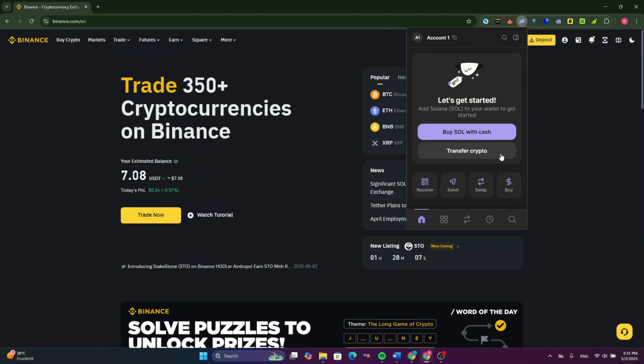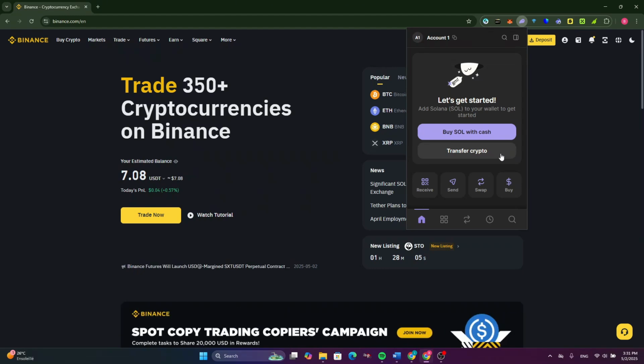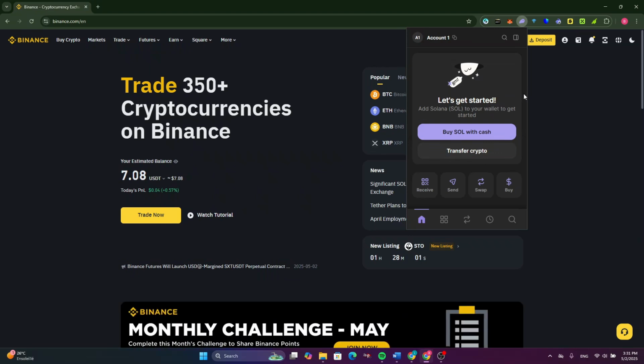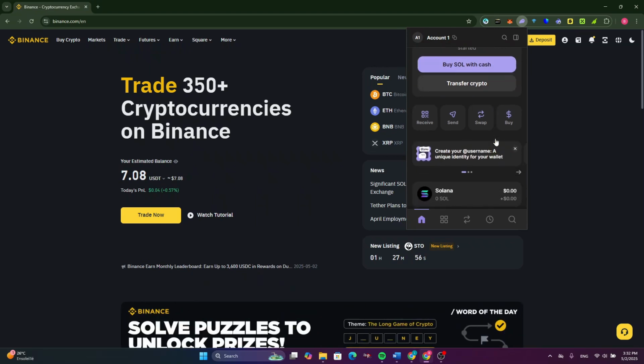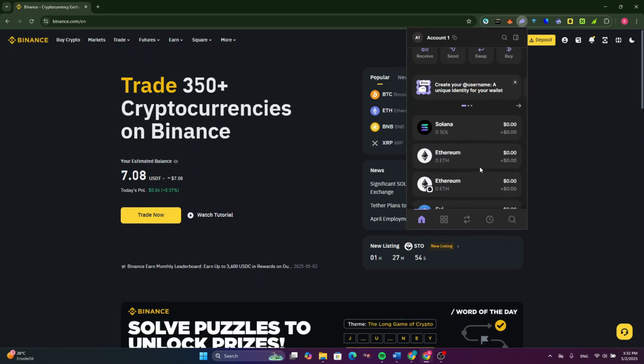How to add USDT to Phantom Wallet on PC. Now, first of all, make sure to have the Phantom Wallet extension on your browser. Now log into your wallet on Phantom. So after that, as you can see, I don't have the USDT on my